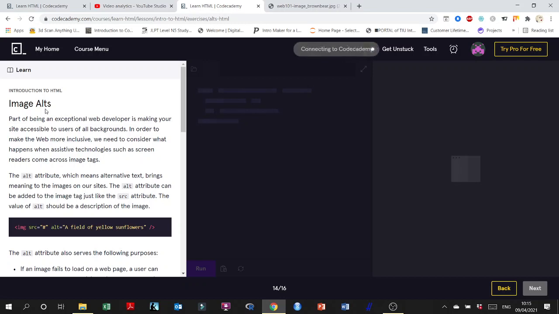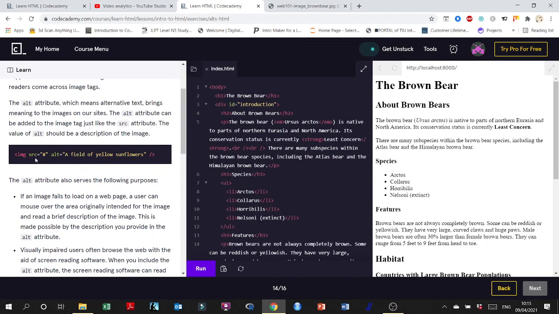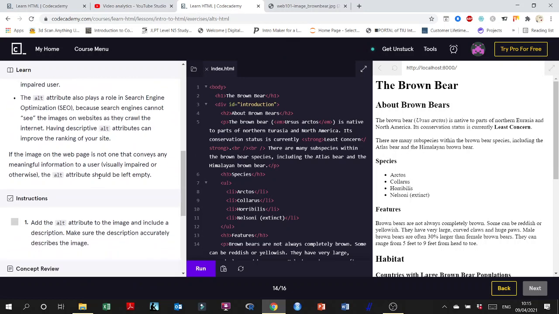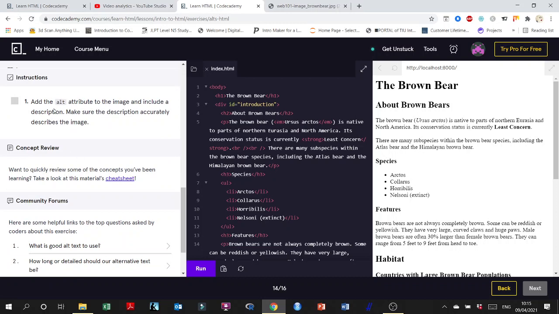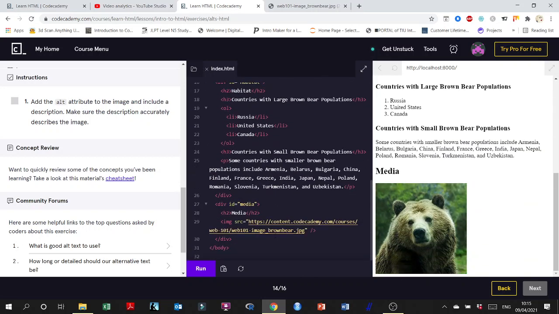Let's add an alternate text for the image. Now we're going to have to add an image and an alternate text, and I explained this in the previous video. So add an alternate attribute to the image that you just created that includes a description. Make sure the description accurately describes the image. It's very important. So let's see what I can do. Over here after the source, I am going to add